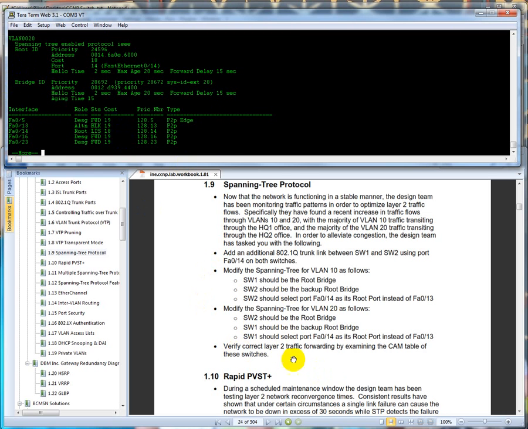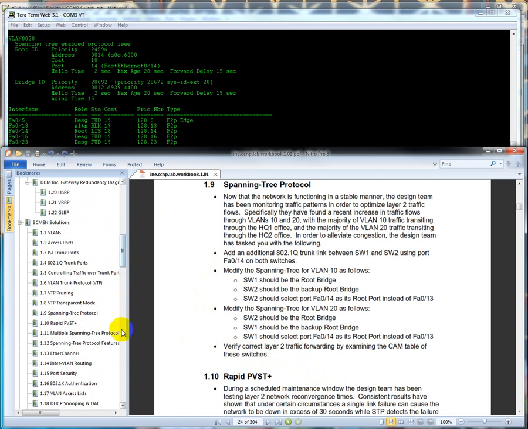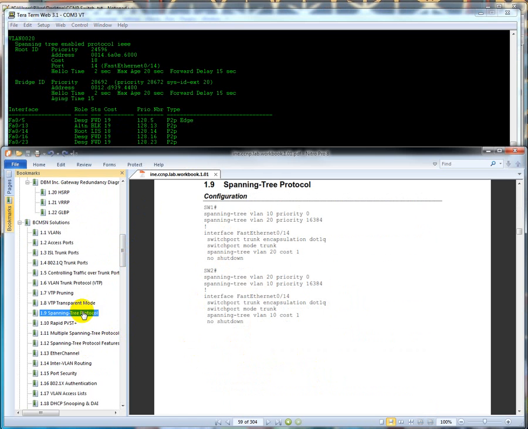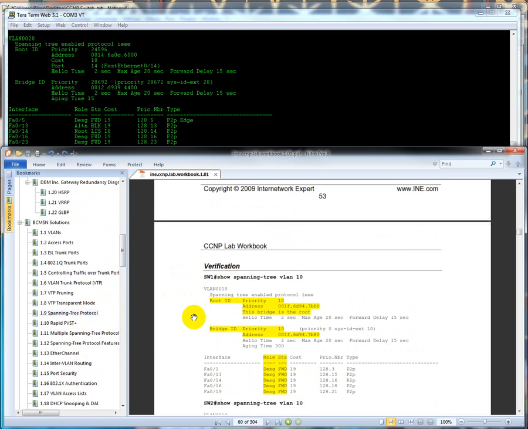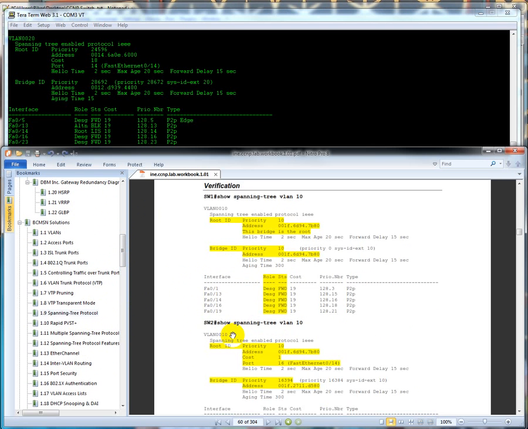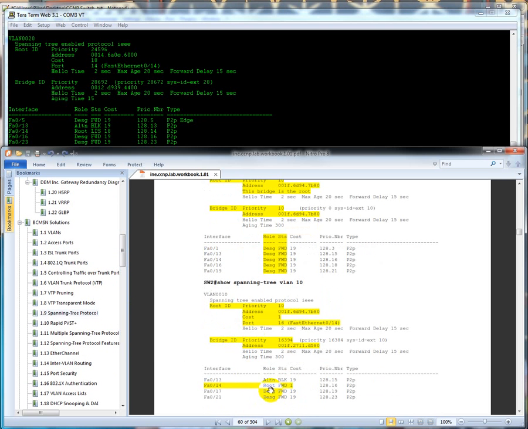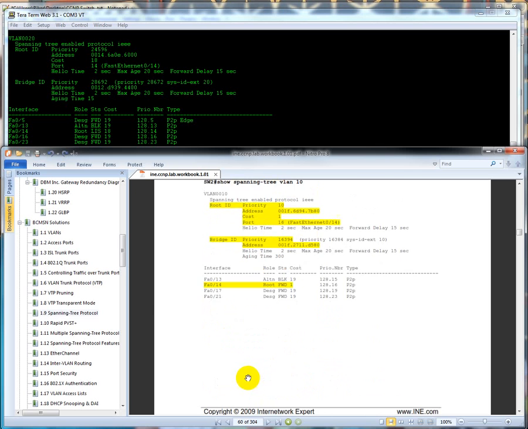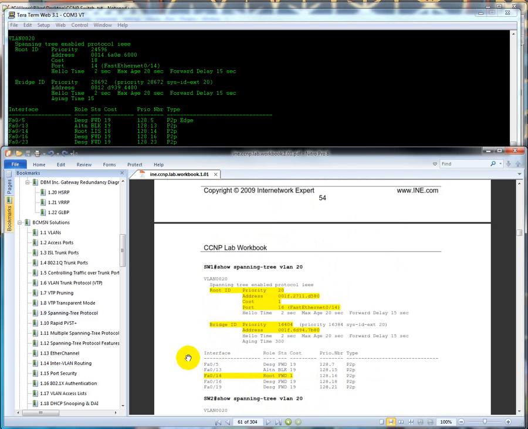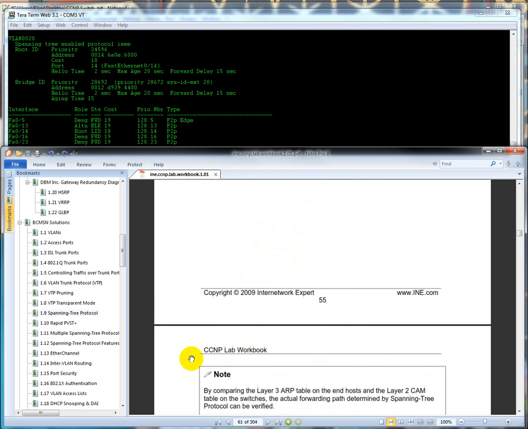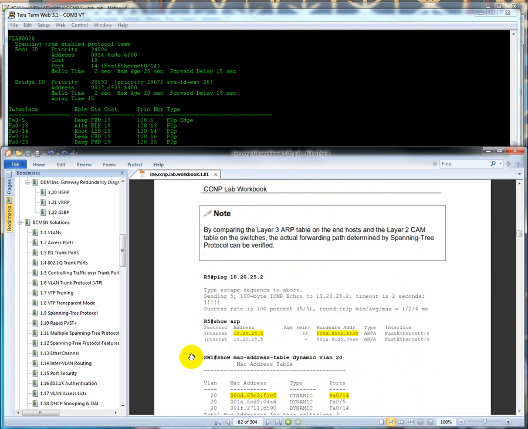So it says verify correct layer 2 forwarding. For spanning tree, it wants you to check the designated port in the forwarding state. You give it a cost of whatever you want, as long as it's better than the cost of this other port. Now it's what it says right here. It says